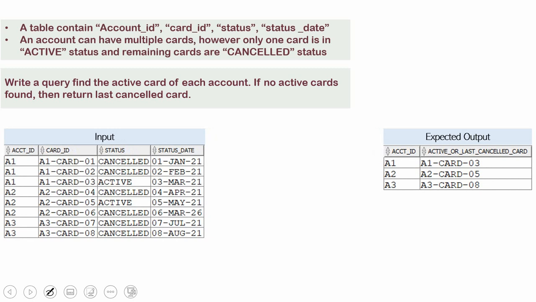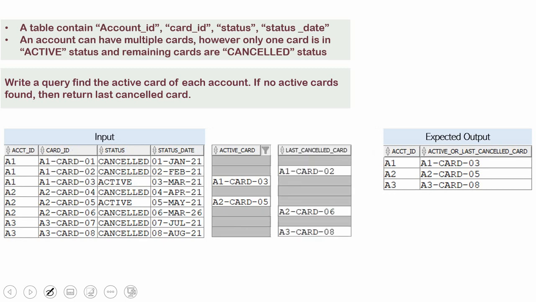Now let me show you the logic I am going to follow. I am going to compute 2 more columns. One column is to get the active card for each account. Similarly, one more column to get the last cancelled card. Once you get these 2 pieces of information, then it is very easy. For each account we need to pick the active card. In case the active card is not there, we need to pick the last cancelled card.